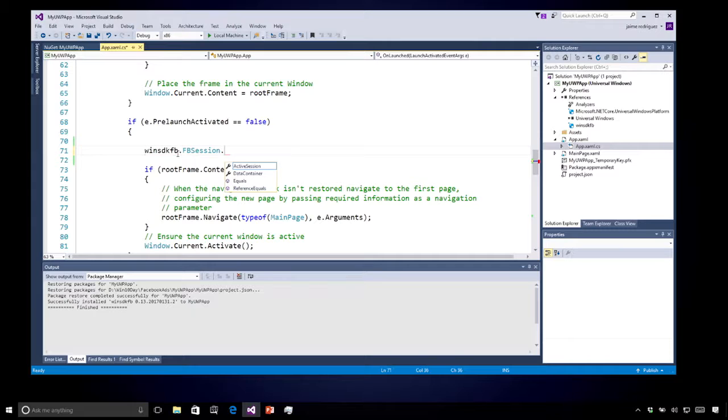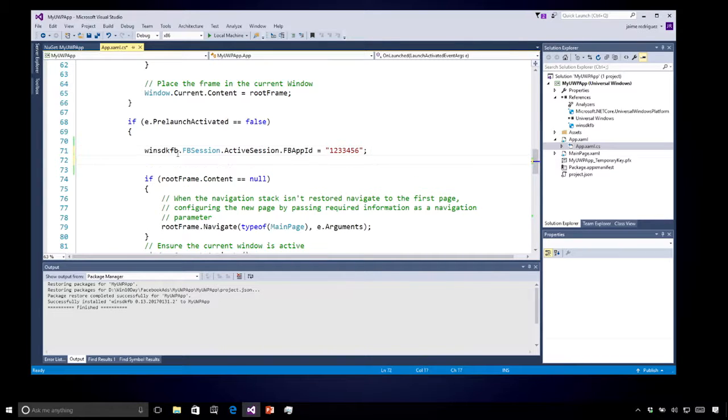And then first of all, I'm going to set my app ID so that Facebook knows what it came from. I did not memorize it, so I'm just going to use 1, 2, 3, 4, 5, 6. That's not my real app ID. And then I'm going to go back and say